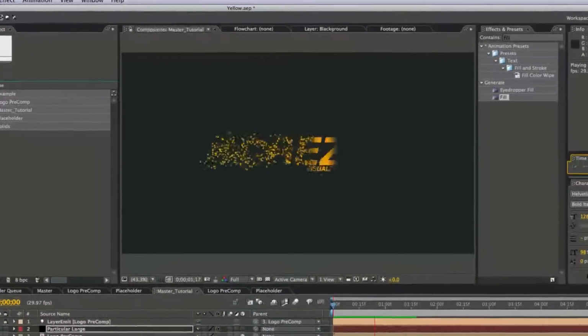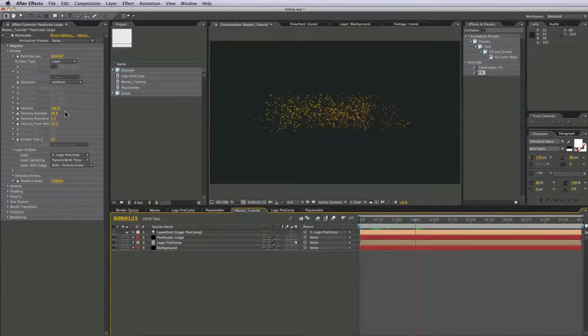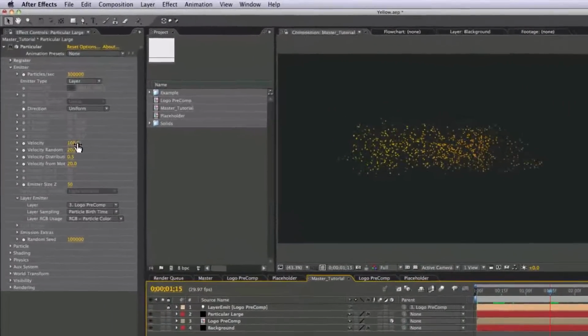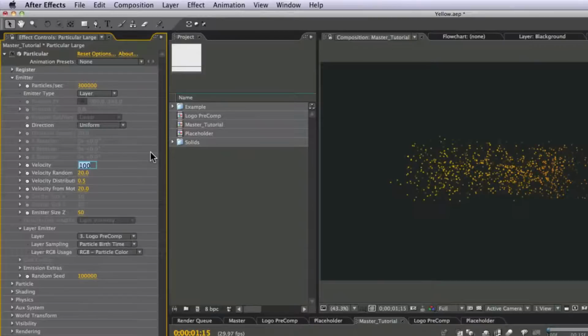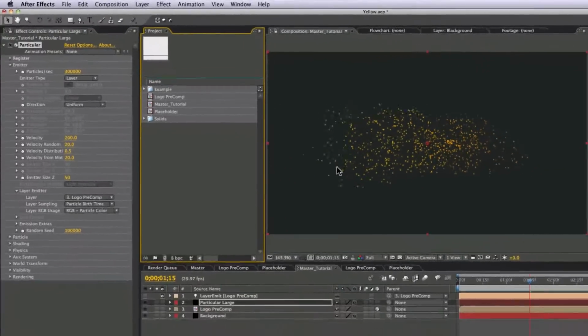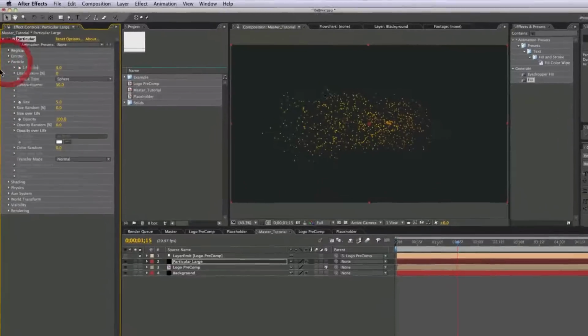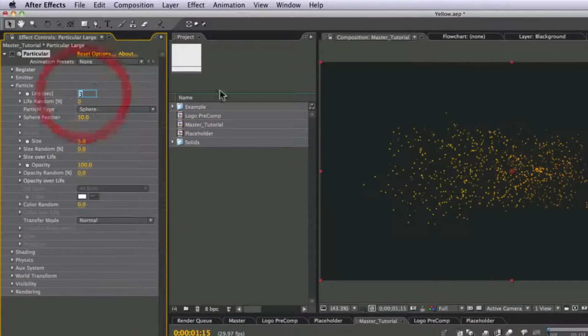There you can see the very basic effect. So now we want to change the velocity to 200 instead of 100, and that's going to make the particles explode a little bit further out. So we can close the emitter tab now and open up the particle tab and change the life to 2 seconds,